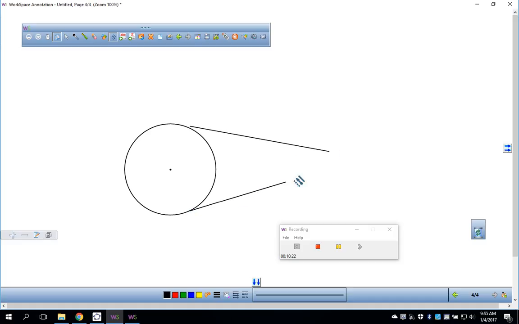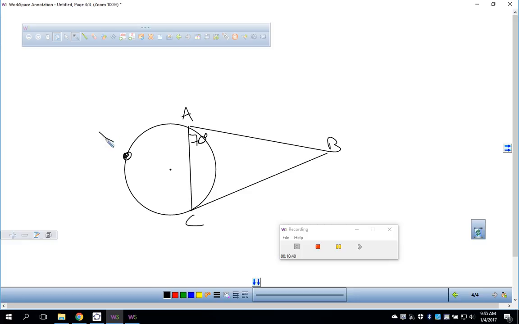I'm going to tell you that these are tangent segments, but I'm going to connect them right here. And all I'm going to tell you is that this angle here is 70 degrees. Okay, I'll call this A, B, C, and I'll call this X. And I say find